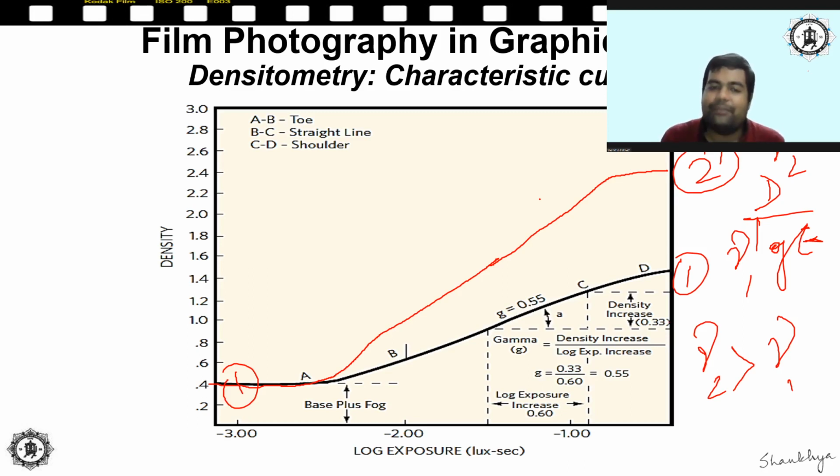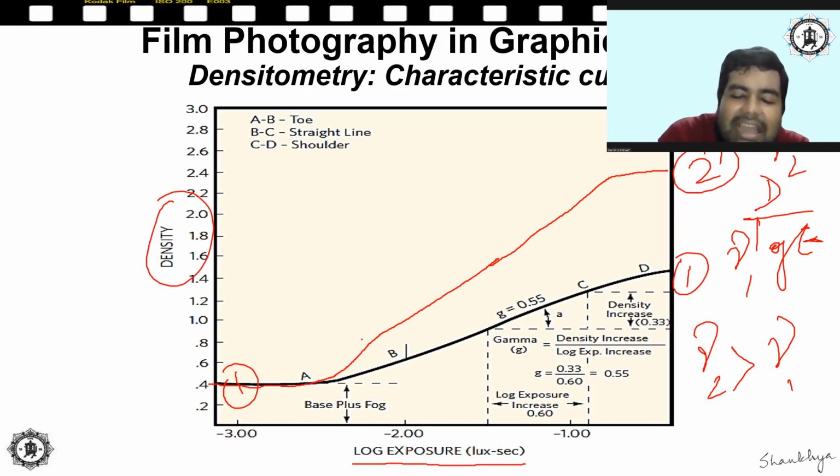Before I show you some examples of what this means, let me take a second to explain another interesting thing which is happening over here. Just take a look over here. What is this? This is log of exposure. So naturally, the more inquisitive among you may ask, okay sir, but on the dependent axis you have got density, and along the independent axis you have got not exposure but the logarithm of exposure. Why? We could have simply used a linear scale in case of exposure also, as we had seen in case of density, but why did we choose a logarithmic scale?